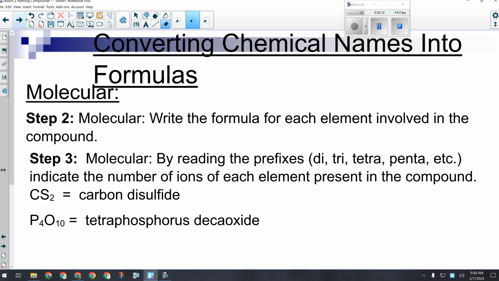Okay, molecular compounds are really easy. Write each one's symbol and then use the prefixes to tell you how many of each there are. That's all there is to it. If it says dinitrogen trioxide, it's N2O3. You just have to use the prefixes. Now, one catch. If I have this one,